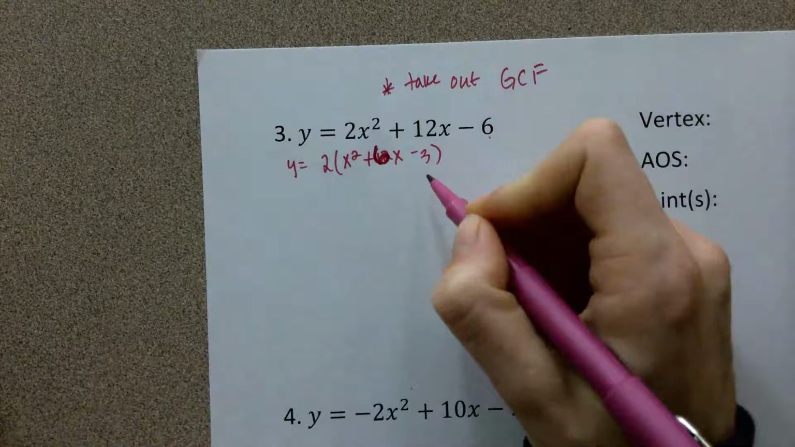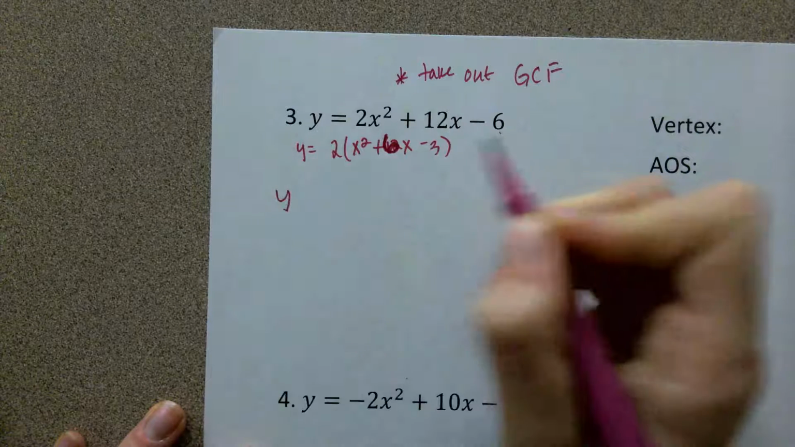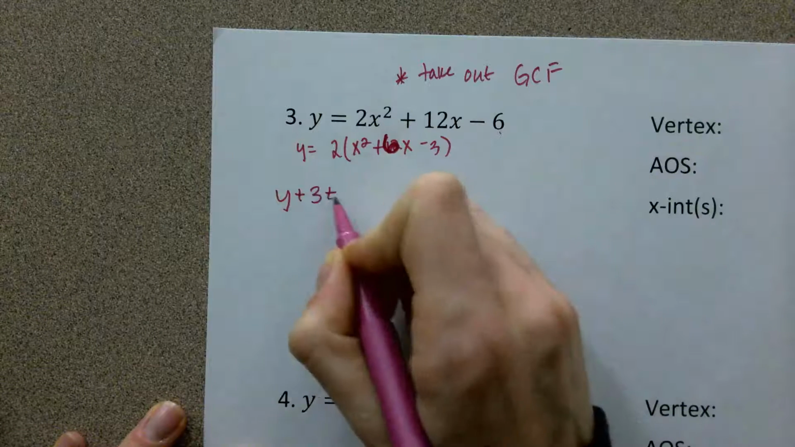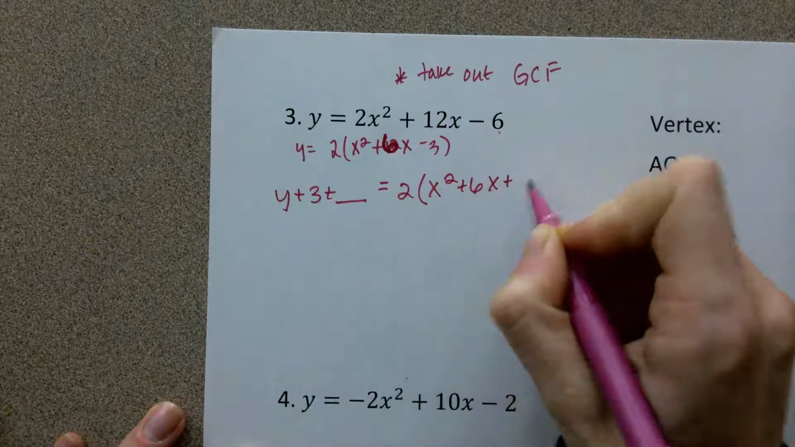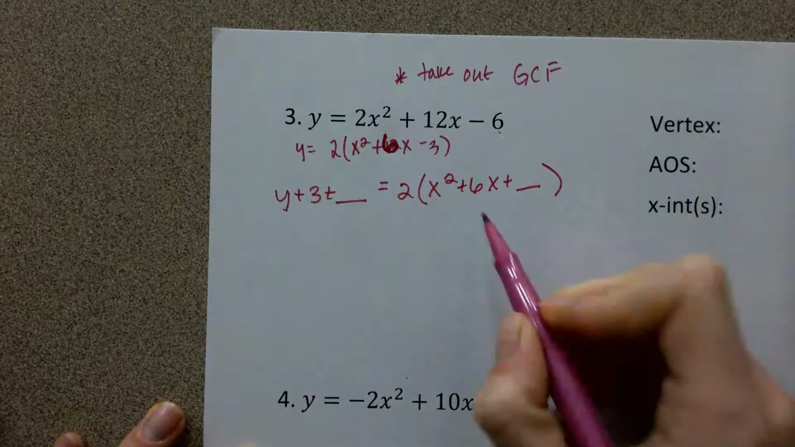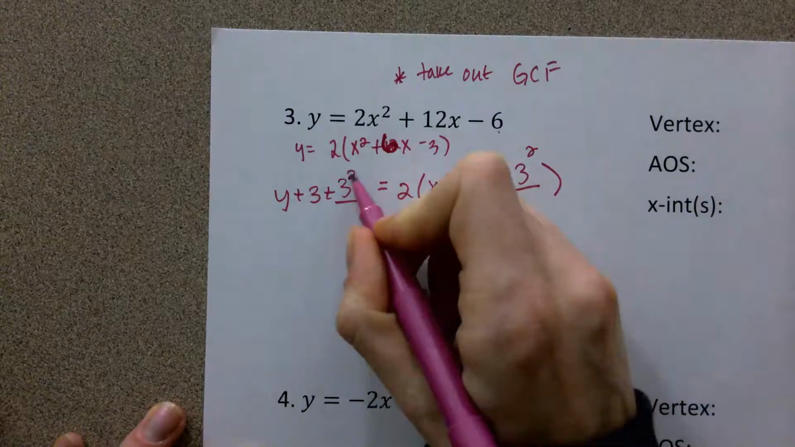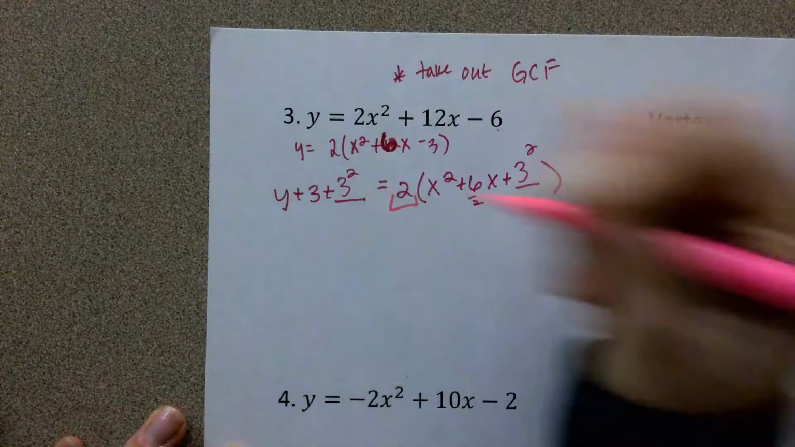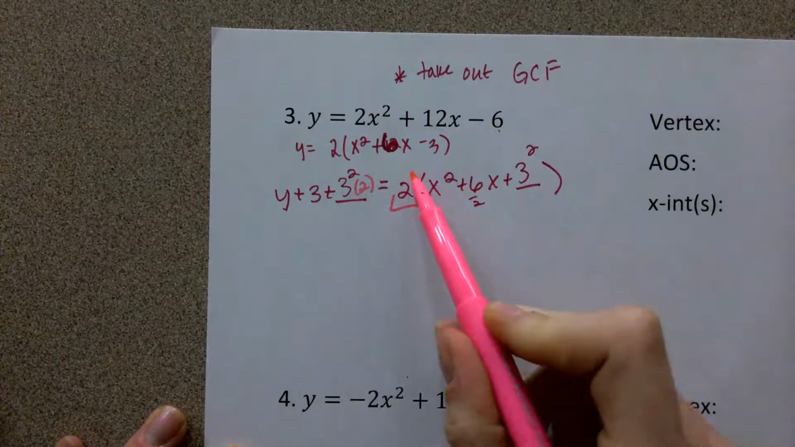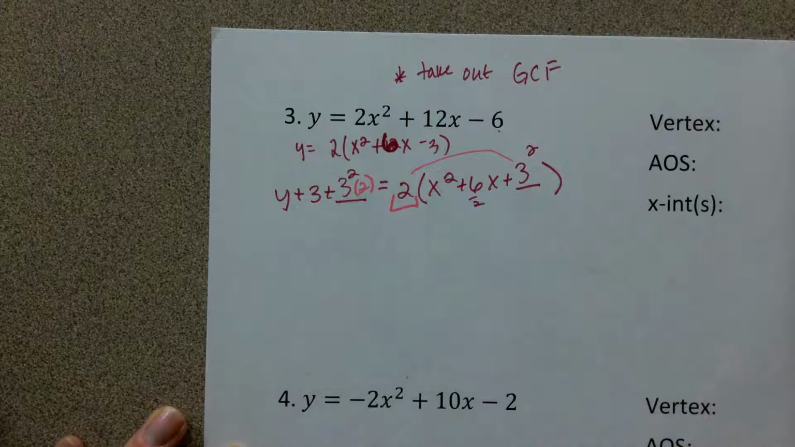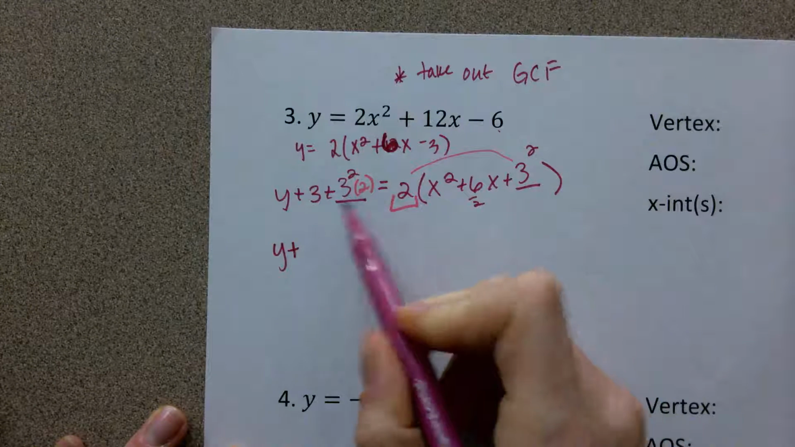Okay, we still need to subtract our c over. So we're going to have y plus 3 plus something equal to 2 times x squared plus 6x plus something. That something is our 6 divided by 2 squared. So we're going to have 3 squared on both sides. Since we pulled out this leading coefficient of 2, we have to make sure that we multiply this c by 2, since it's technically being multiplied here. So we'll have y plus 3 squared is 9 times 2 is 18 plus 3 is 21